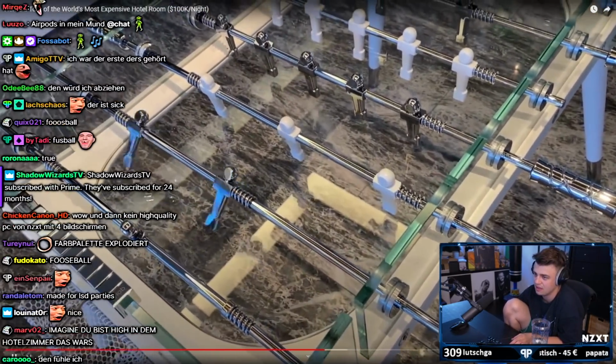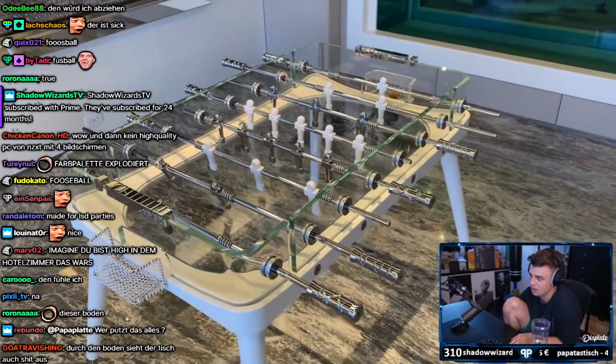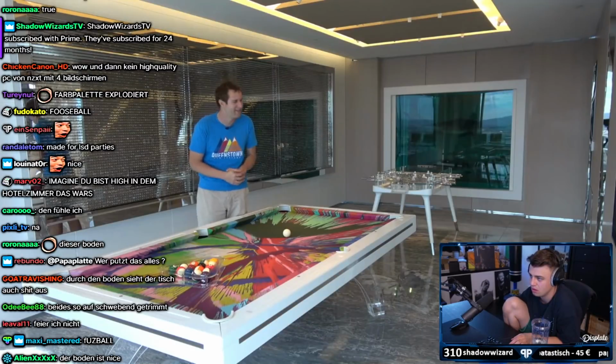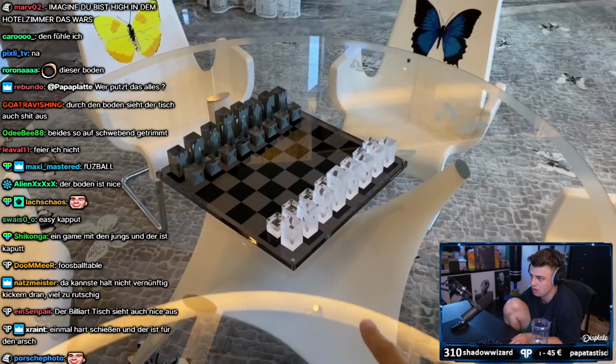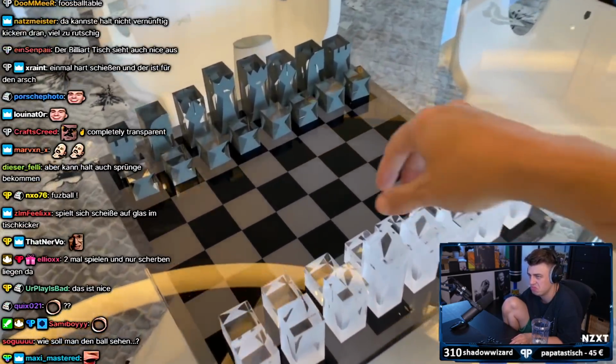it's glass. I've never seen a Foosball table that looks like this before, but maybe this is what foosball tables look like for rich people. And speaking of interesting looking games, back in the sitting room there's a chess set with square pieces. Doesn't look very practical, but it's...